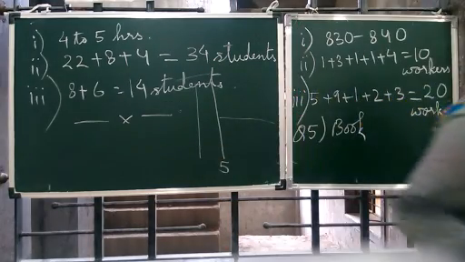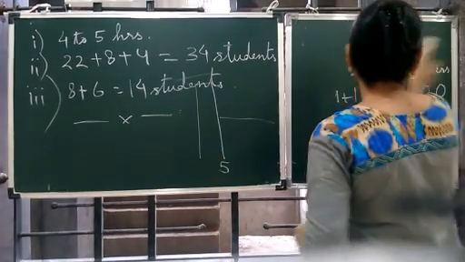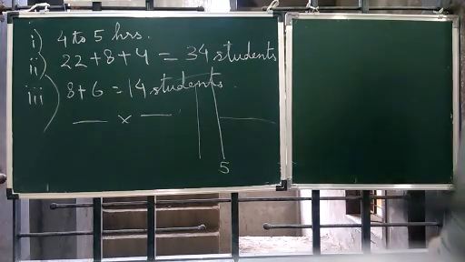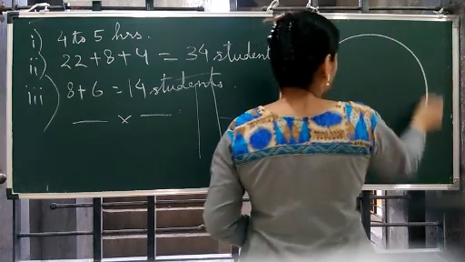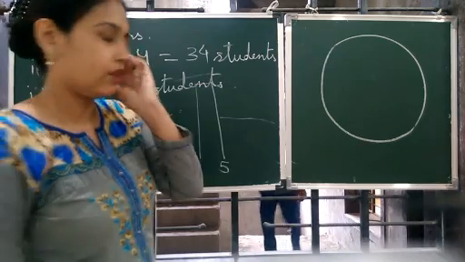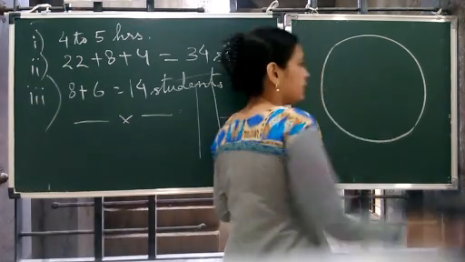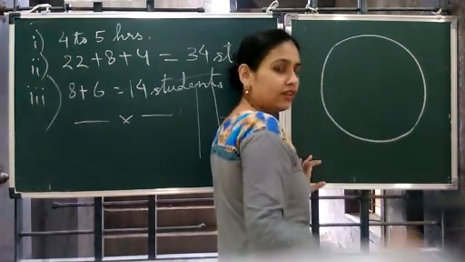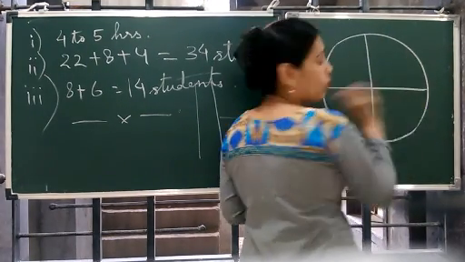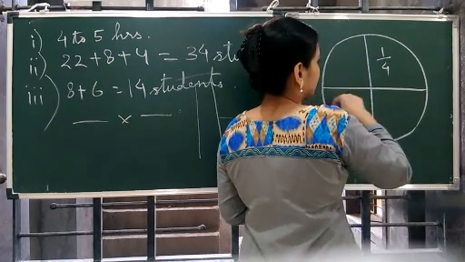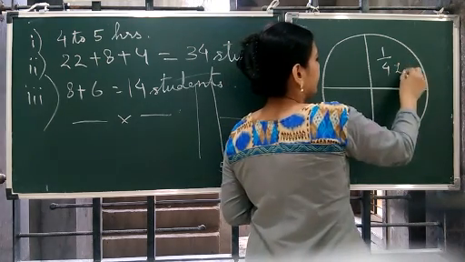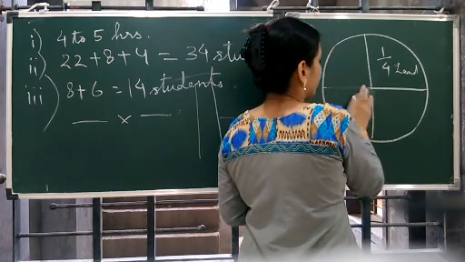Now we all know the earth. What is the shape of the earth? The shape of the earth is round. Generally we say that 3 parts are covered with land and 1 part is covered with water. So if you divide it into 4 parts, I said it the wrong way round, 1/4 is covered with land and 3/4 is covered with water.